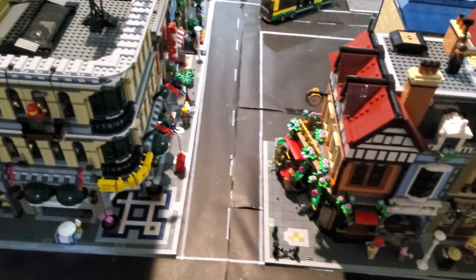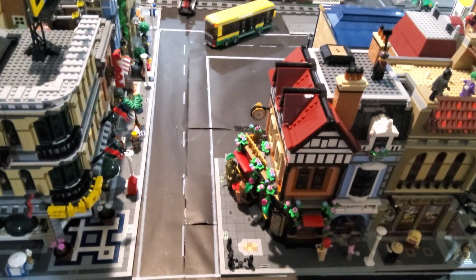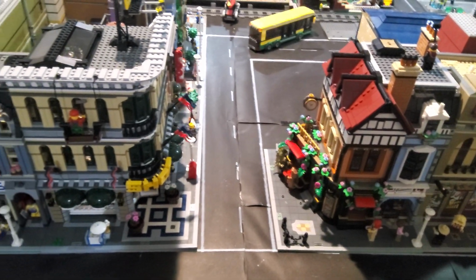So overall, that's kind of my comparison for the Grand Emporium and Tudor Corner,